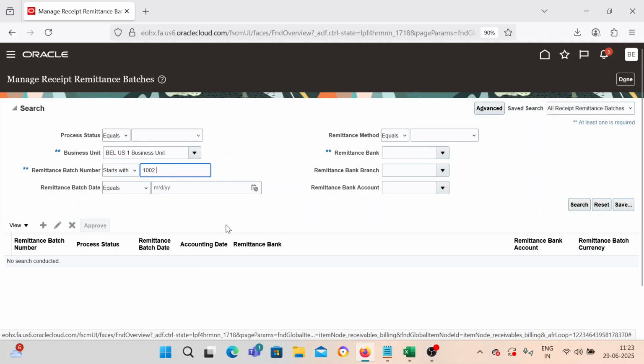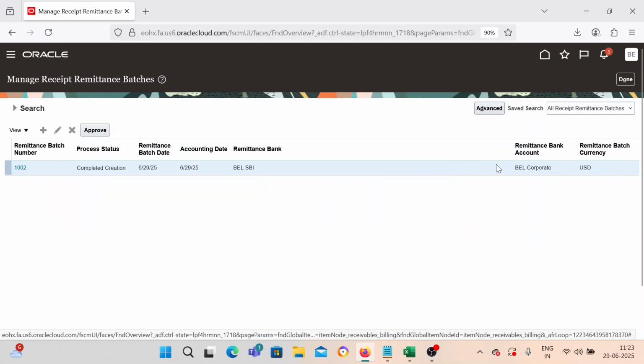Remittance number is 1002. If you forgot to copy the remittance batch number, you can always use a single filter called business unit or remittance method or give a date. Many options are there. Go to the advanced functionality if you need. Click on search. So here you can see